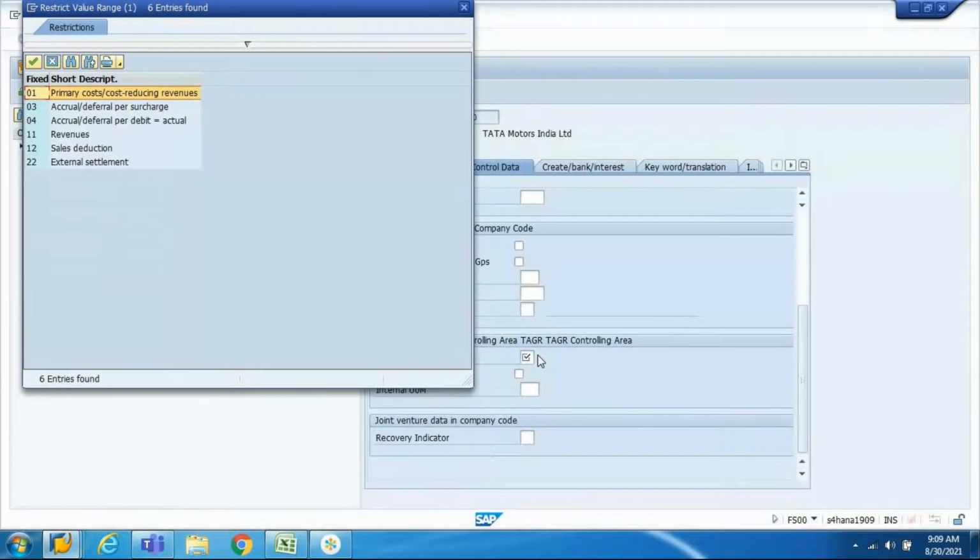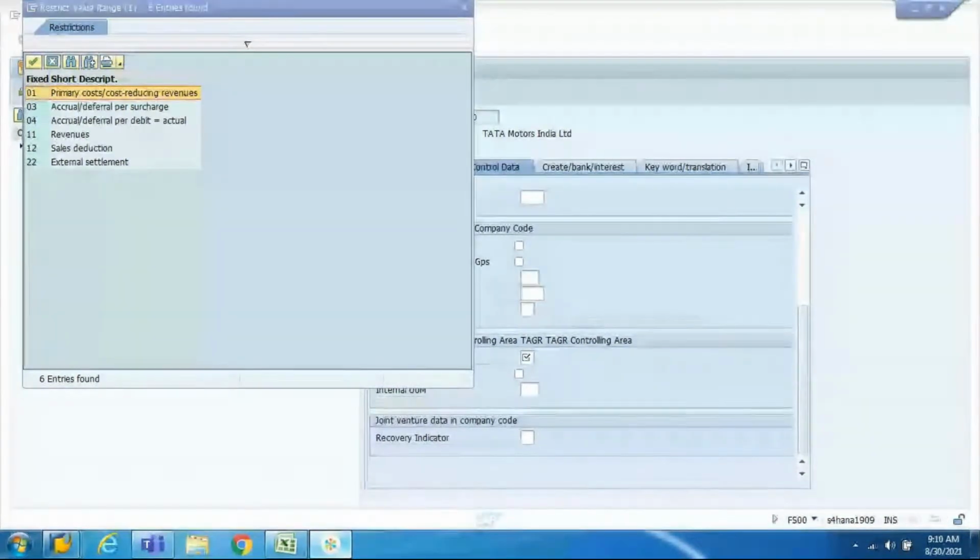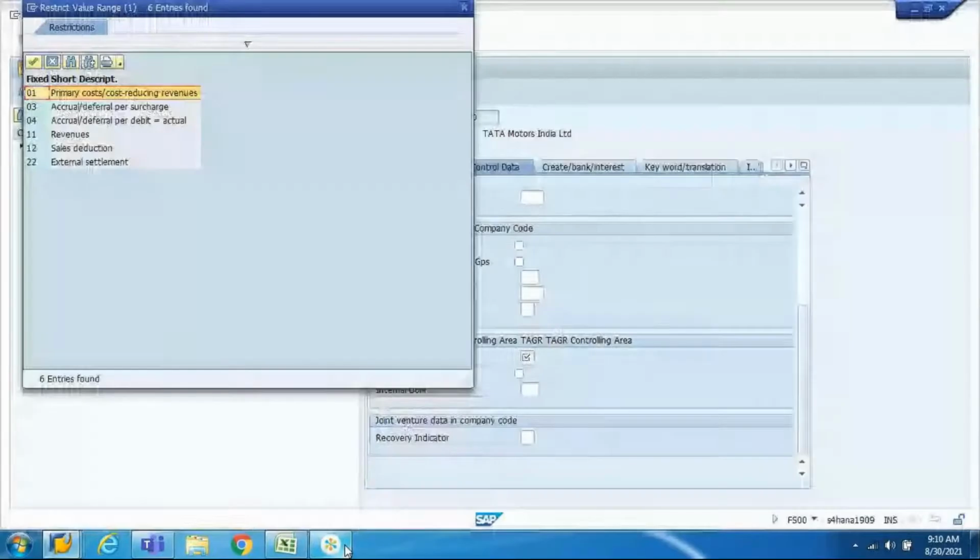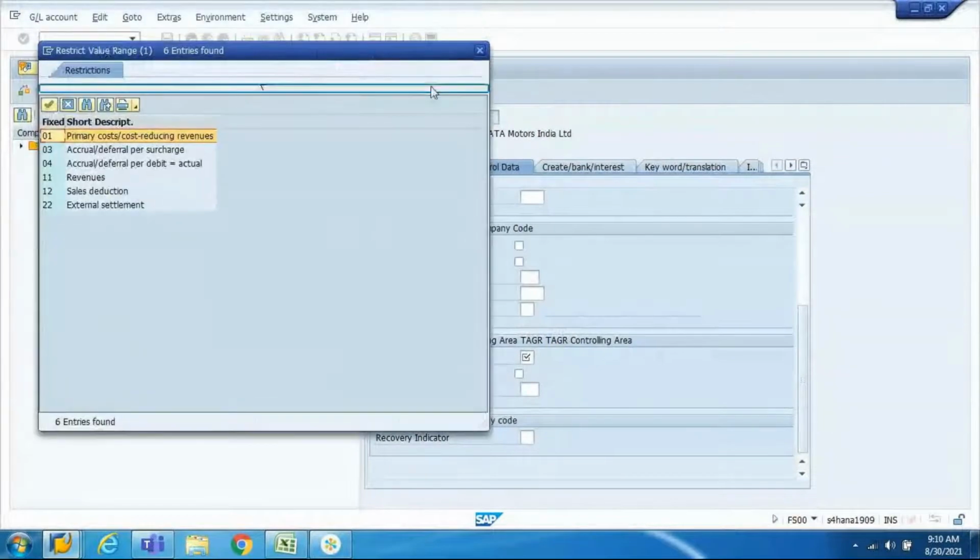Which means in ECC, these cost element categories are the same. What do we call these categories? Primary or secondary? So these are your primary cost element categories.